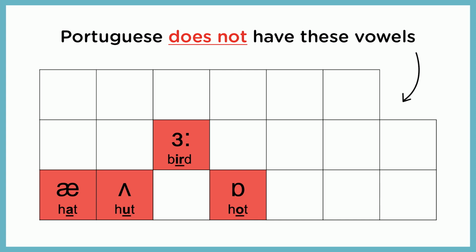Well, the good news is there are only 4 of these red ones, but you're right. These vowels you're going to have to learn because Portuguese doesn't have these 4. Okay. But over on E2 School, with our pronunciation course, we have a lesson for each of these sounds and